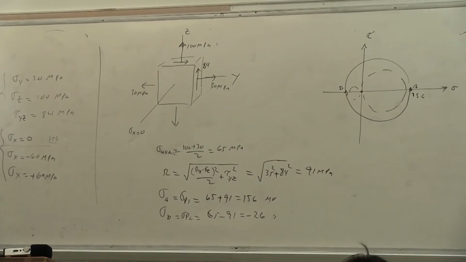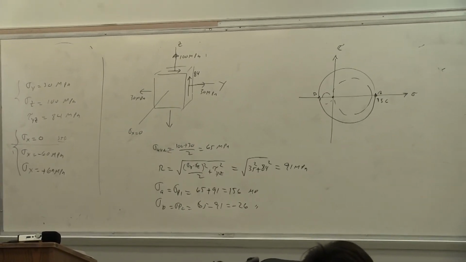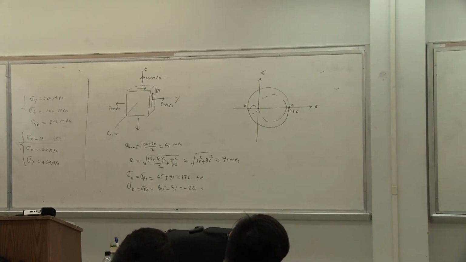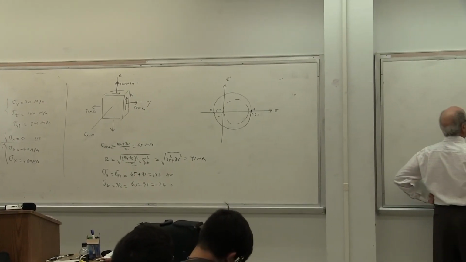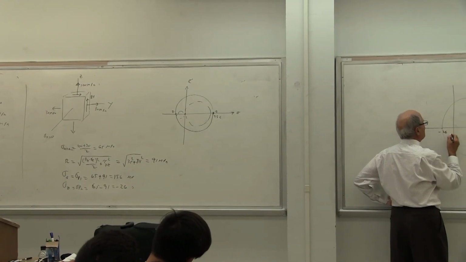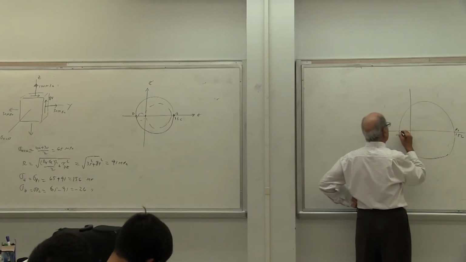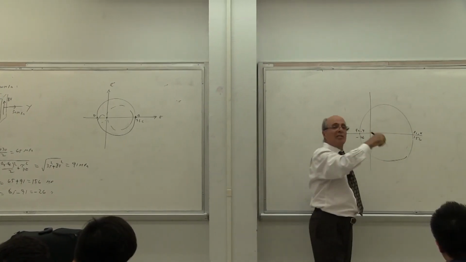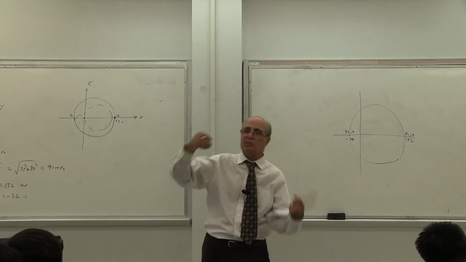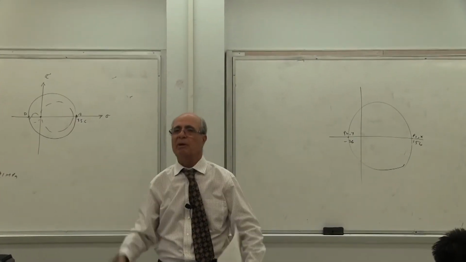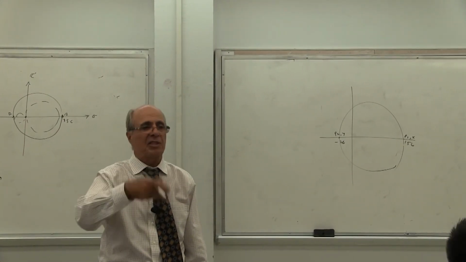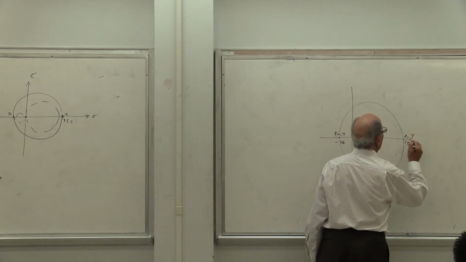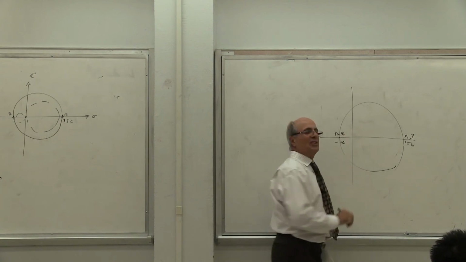So you don't have to worry about it. It's so simple. You already have the answer. So what you are saying is that my circle is still there. Is that correct or not? This is 156. This is minus 26. But this is principal 1. This is x, this is y, or all the associated. When I say x, y, I mean the x, y plane and all the x prime, y prime. Everybody understand that? Because that circle is for, oh, in this case, no. Sorry. In this one it is y and z.